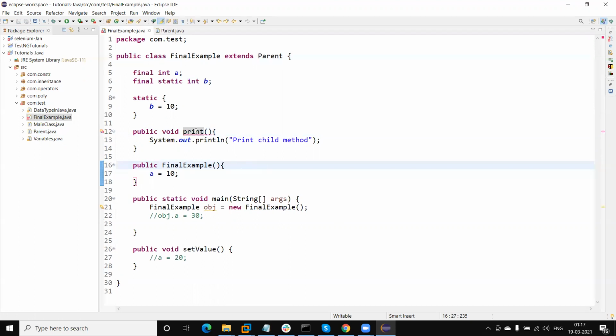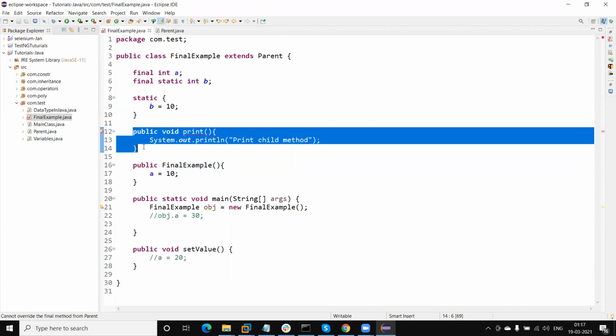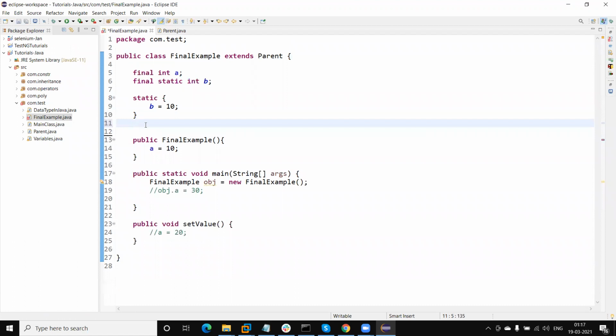So I have created the same method. Now you can see at compile time I am getting the error: cannot override the final method from parent. It means in the parent class or in any class, if we have defined a method with the final keyword, then we cannot override that method.